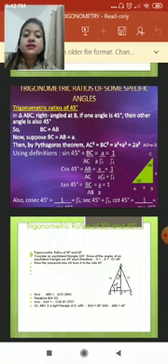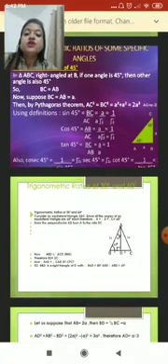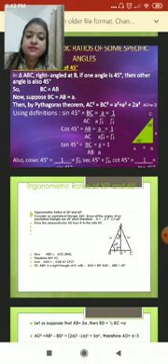In the same way we will find the values for cosec 45 degree, which is equal to the reciprocal of sine 45 degree. We will also find the values of sec 45 degree, which is equal to root 2, and cot 45 degree, which is again the reciprocal of tan 45 degree, so it is equal to 1.